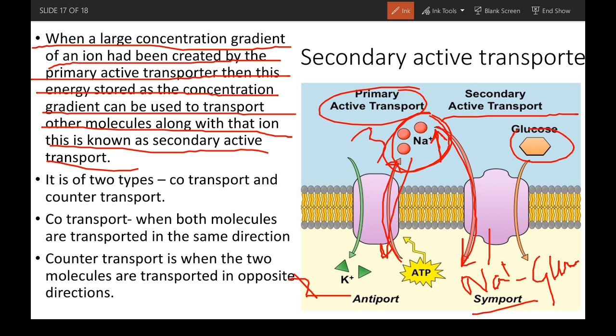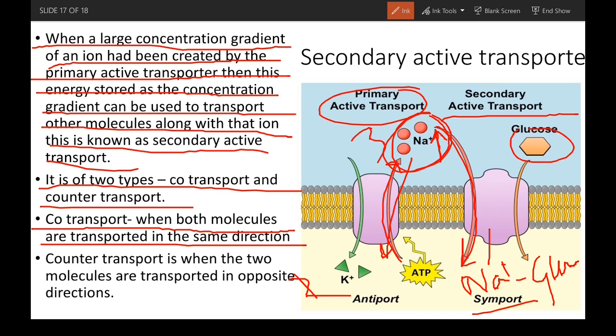The secondary active transporter is of 2 types, co-transport and counter-transport. Co-transport is when both molecules are transported in the same direction, as seen here in the sodium glucose symporter. While counter-transport, also known as anti-transport, is when 2 molecules are transported in opposite directions. As we can see in